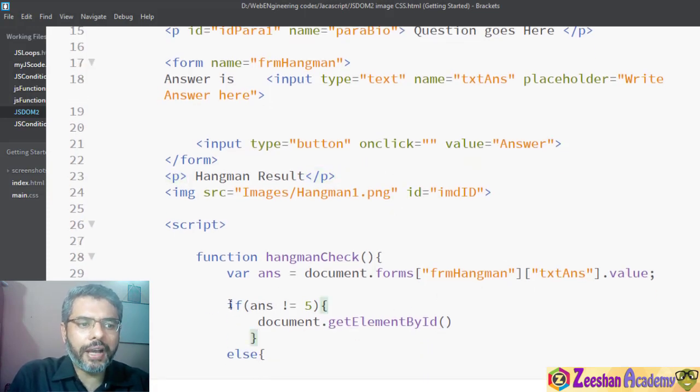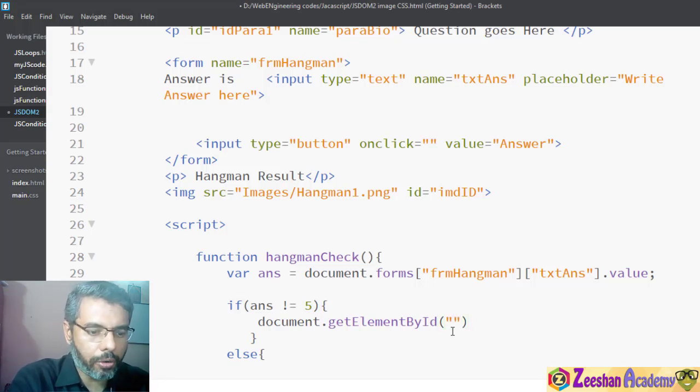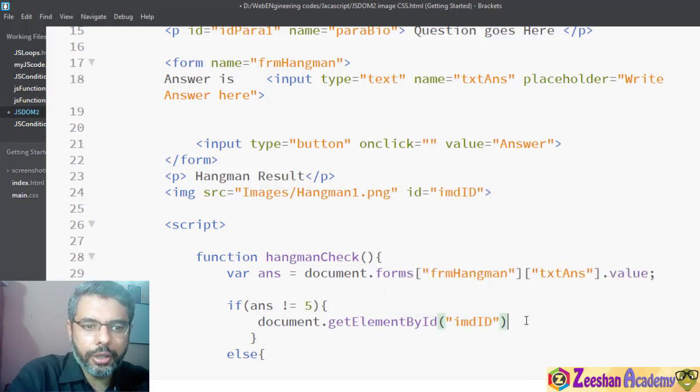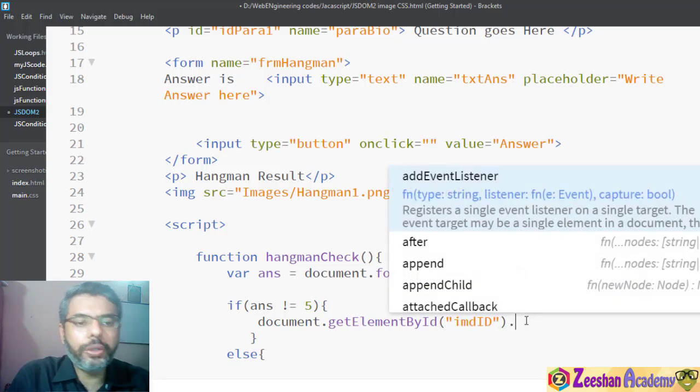Now if the answer is not equal to 5, we want to change this hangman image to whatever we want. Obviously, like I said, there's going to be a counter and everything, so I'm not going to apply that. So img id, I give it the id. There we go. Because we want to change the image, in previous examples we used inner HTML.